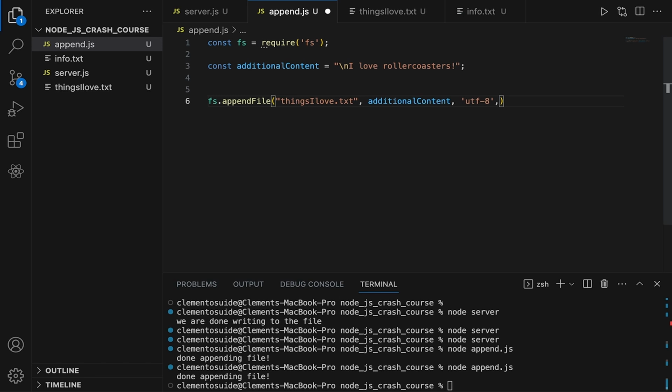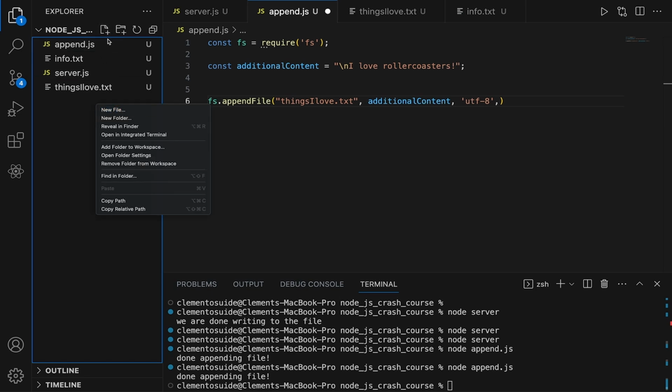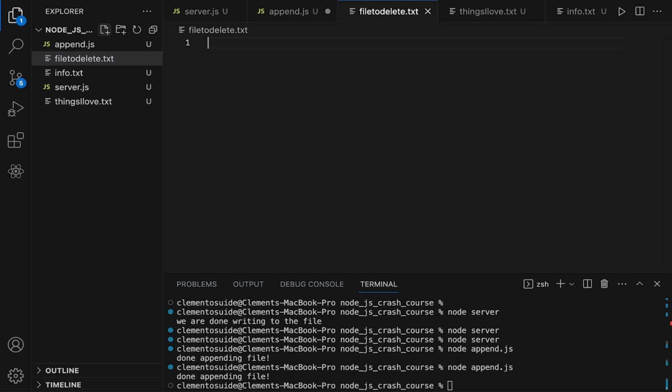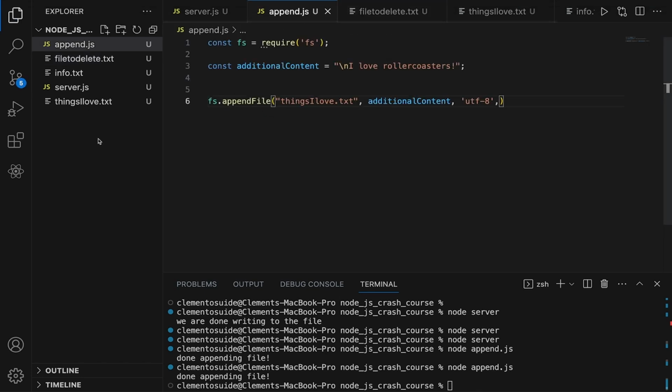So we're going to move on to something else right now, which is, of course, deleting files. So I'm not going to delete the things I love because I love those things. I'm just going to make a brand new file here by clicking on this new file icon, or right clicking and clicking on new file. I'm going to click on the new file icon right now, and I'm going to call this file to delete.txt. And after I make that new file, I'll say this is the file you want to delete. Okay, perfect. So I'm going to make a new file again called delete